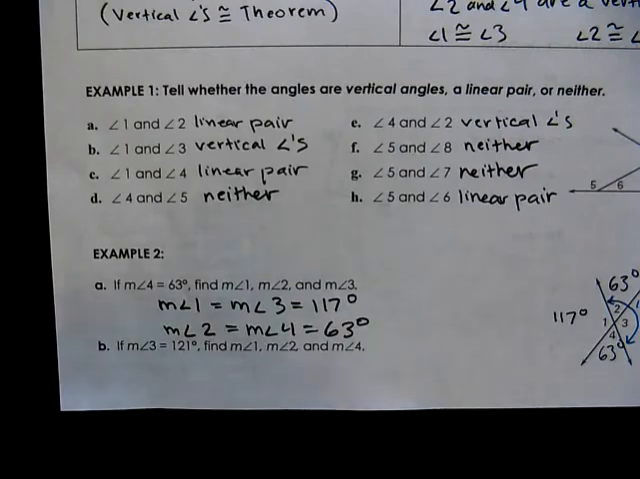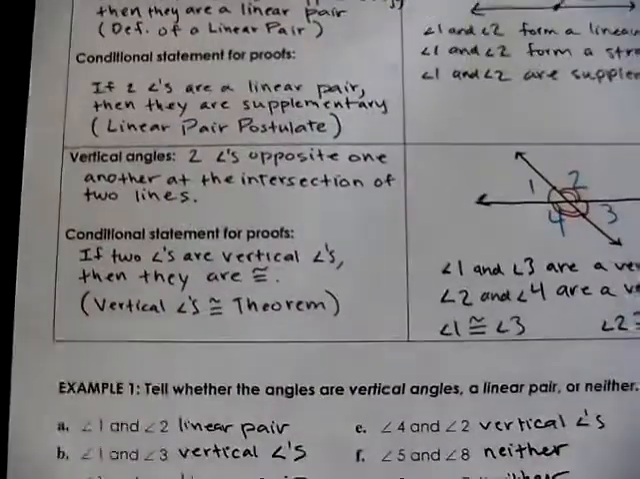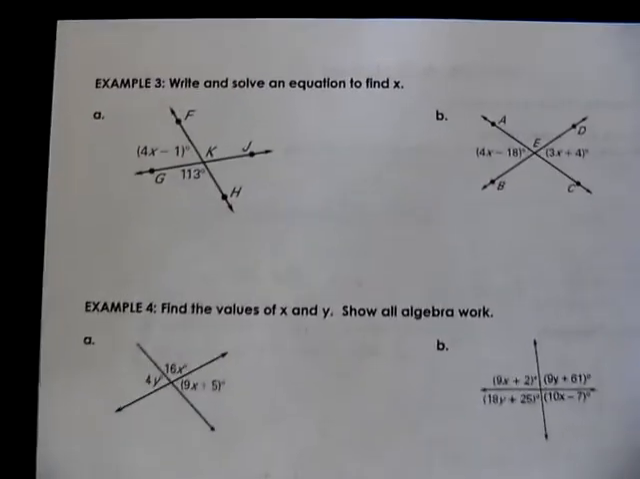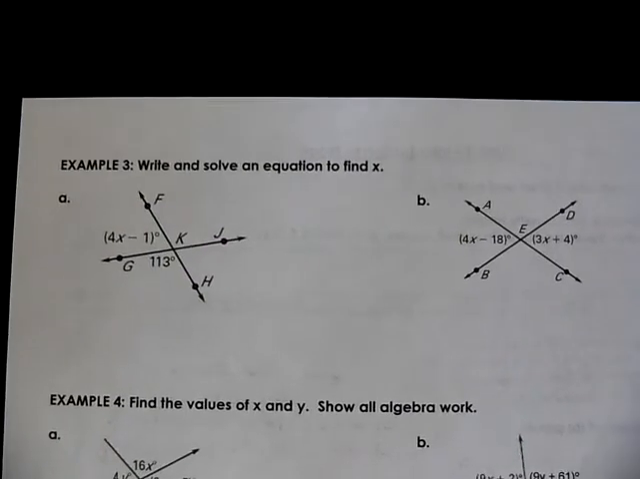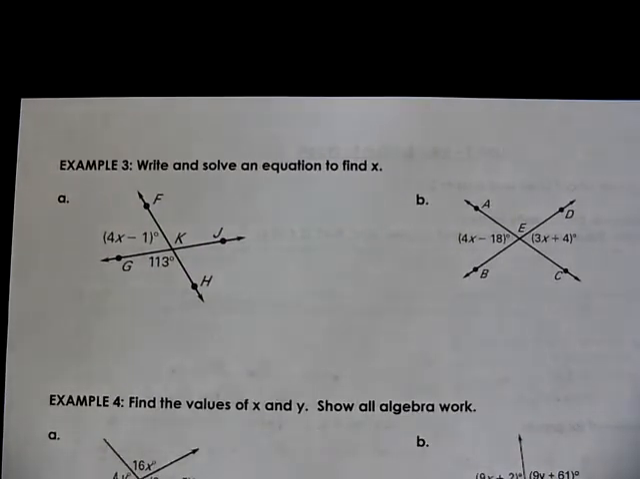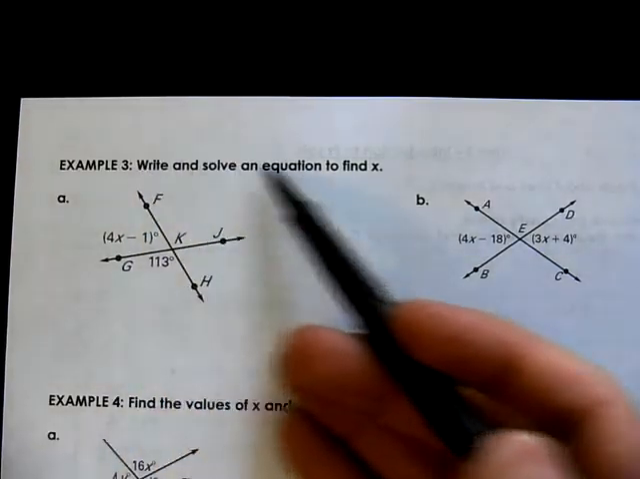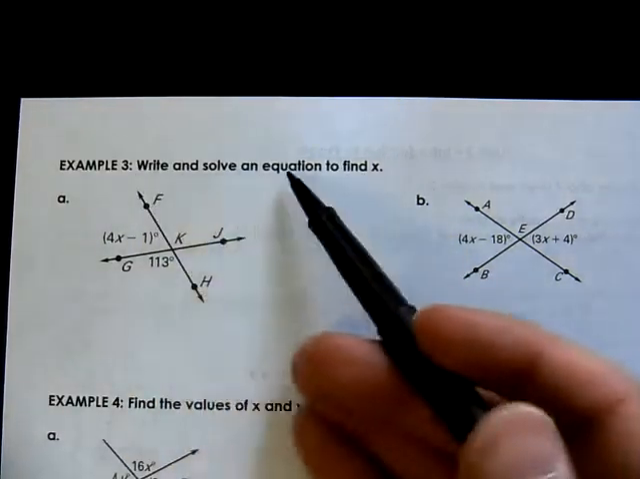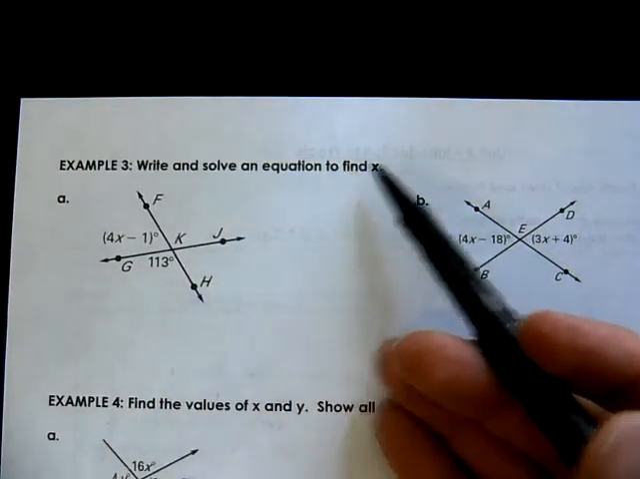I'll skip part B. We'll go to some more involved problems on the next page. So if you'll flip to the next page, let's take a look at example 3. Alright, the challenge here is to recognize what angle pair we have. So I'm going to write that down, even though the problem doesn't say to name the angle pair. That's the first step we need in order to write an equation and solve the equation,